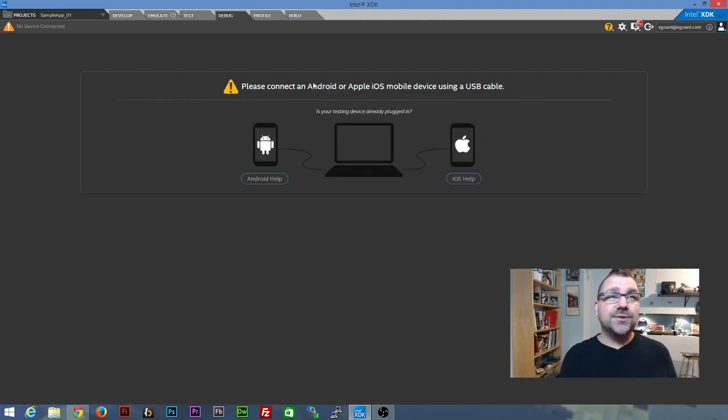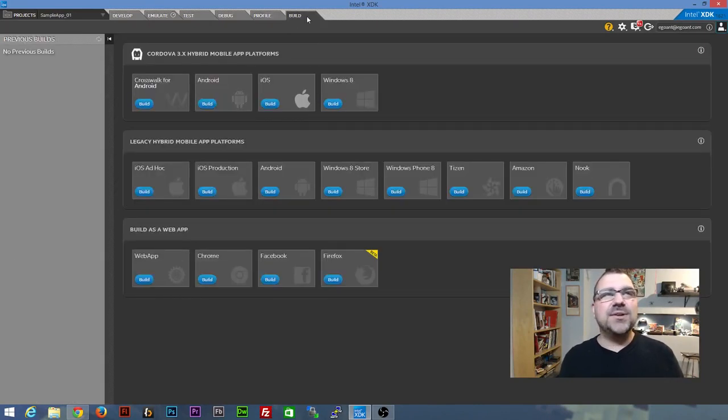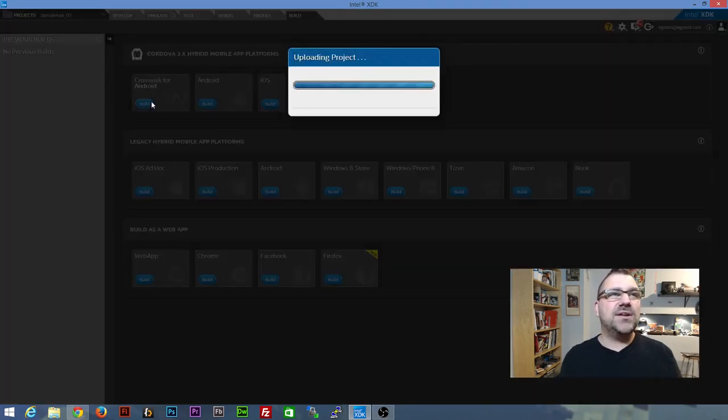But if you want to, you can plug in your Android, your iOS device, and you can do it right from there. The other thing you can do is profile, and this allows you to go even more in depth into it. I almost never even need this, not for simple apps anyway. And then your final tab across the top here is your build, and that lets you build it for whatever device you want. So you can see if I hit build crosswalk for Android,